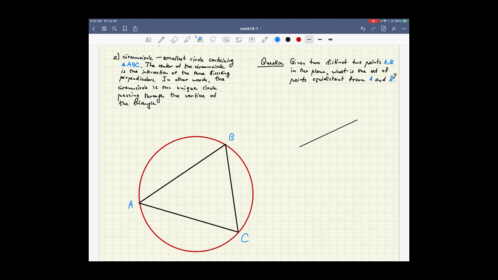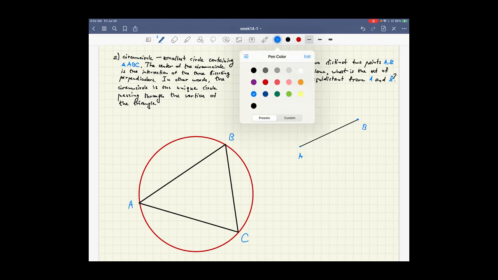Let's say this is A, this is B, and I claim that the set of points equidistant from A and B is precisely the bisecting